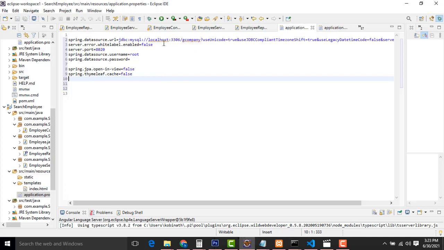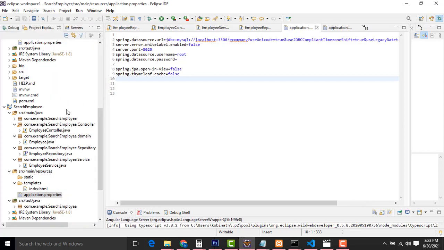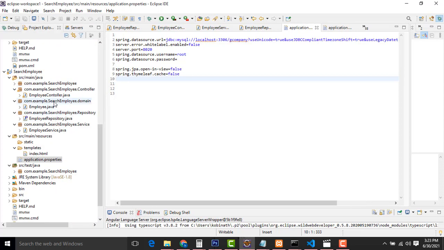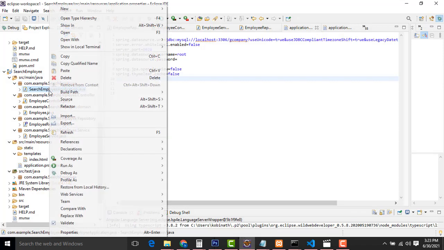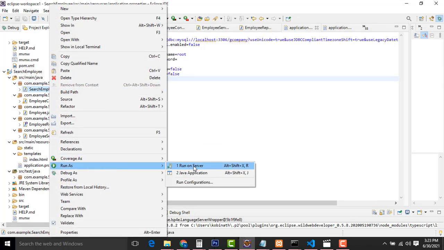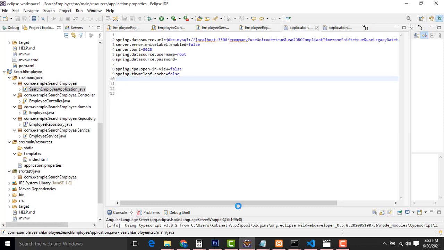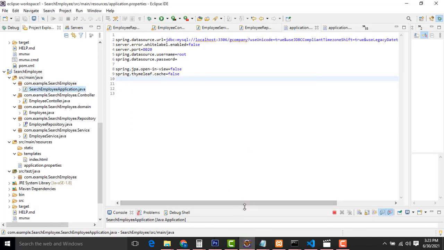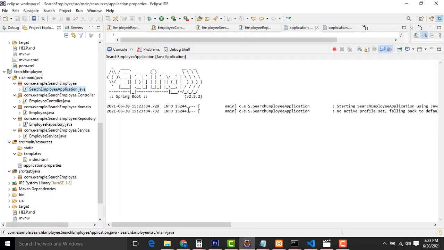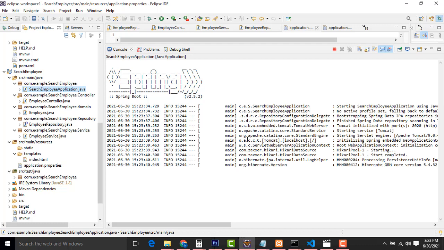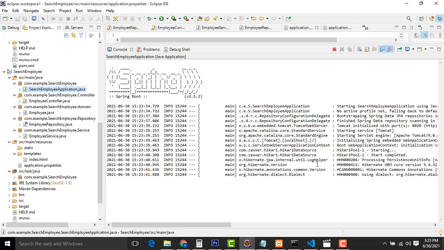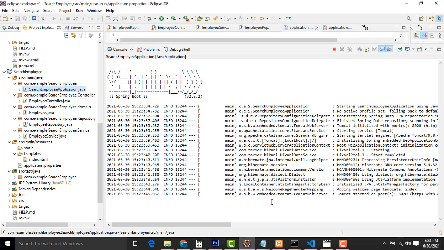Okay. So now let's see how to work. How to run the file? Go to the main. This is the main path file. Spring Boot main file, right click, run Java application. So you can see the Spring Boot running on the console like this. This is how Spring Boot works. If there is any error, it will be displayed. If there is no error, okay, it's still running.